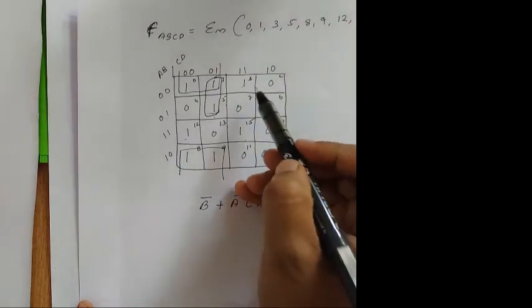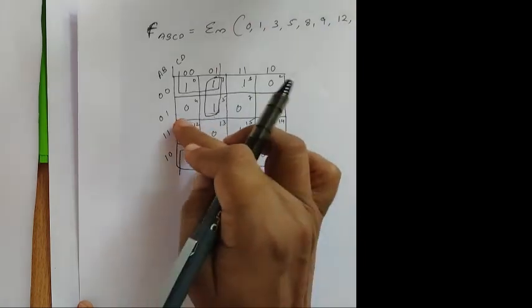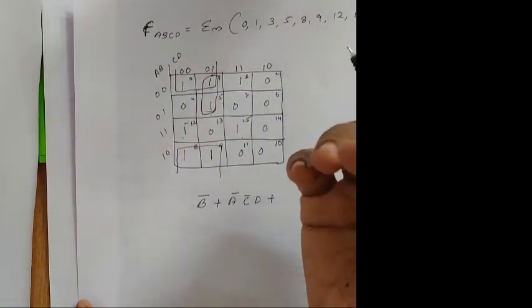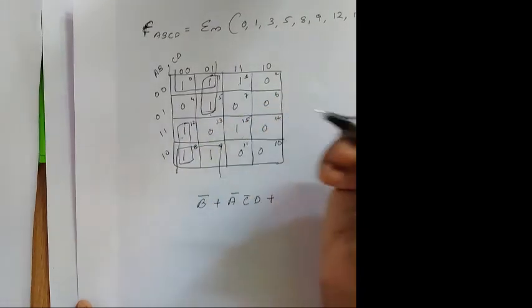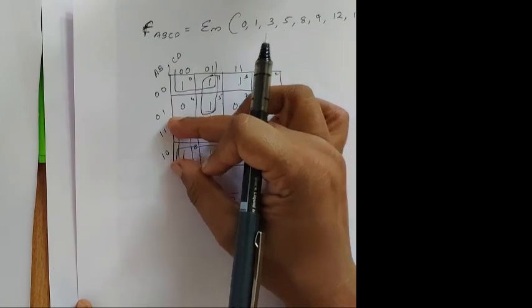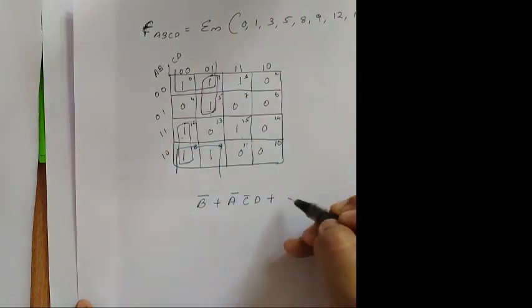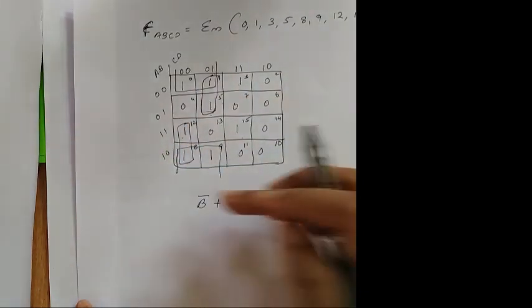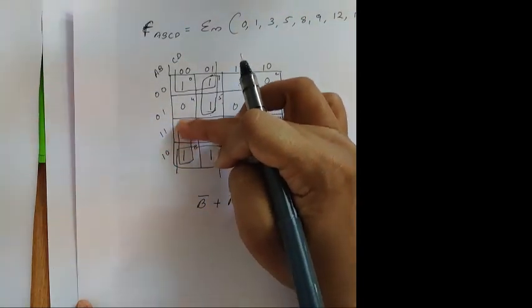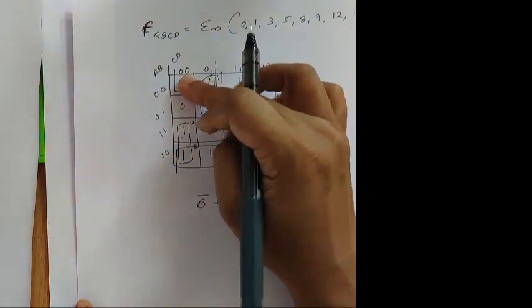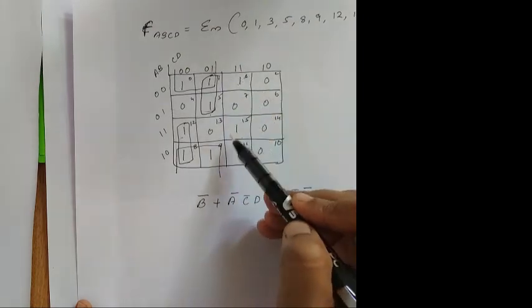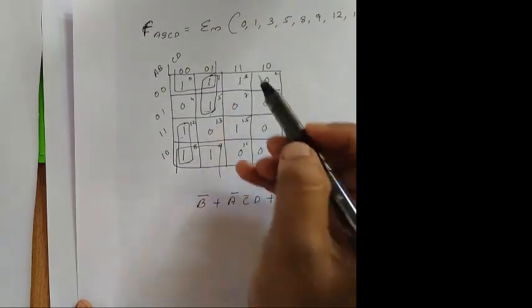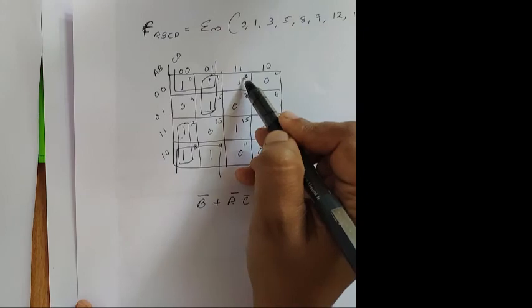You are going for the other grouping. Some will be grouping this, some will be grouping that, no problem, you just group. Now I am grouping these two. What happens here? A doesn't have any change. A is 1, so it is A. B is changing. The same thing you have to do for C and D. What happens? C bar, D bar. Plus, now again two more values are left over here. I can't group anything else like that.